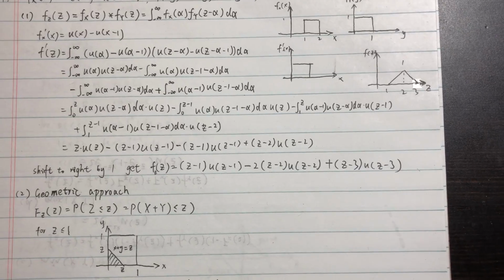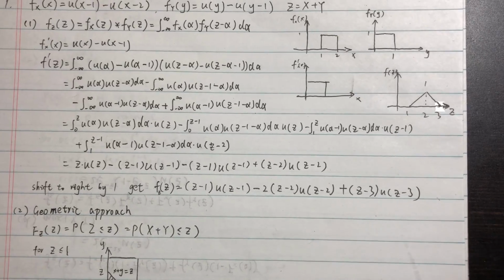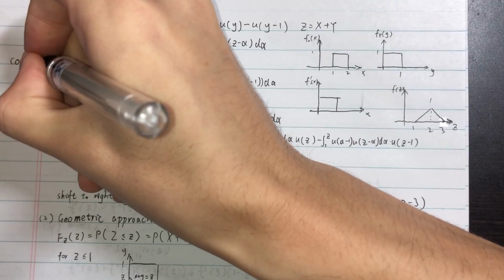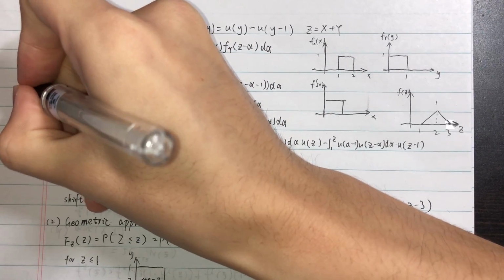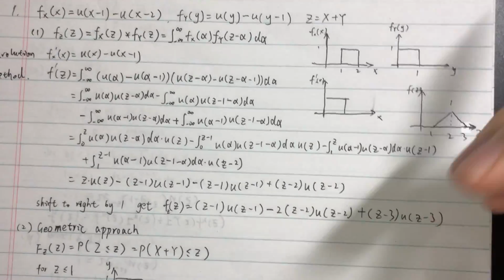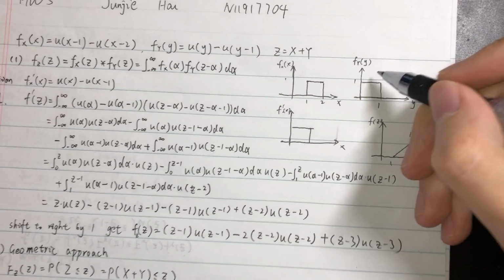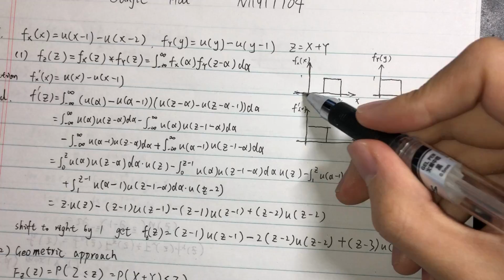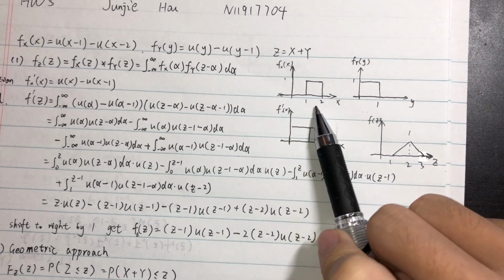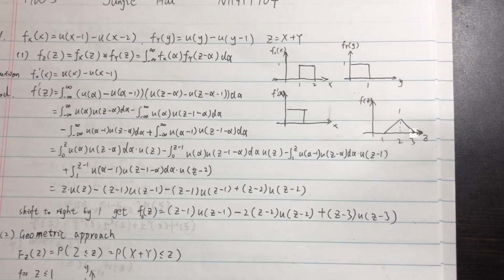First, we can calculate the density function of z by the convolution method. Here is the convolution method. First, we can draw the diagram of fx and fy. It's like this, and in order to